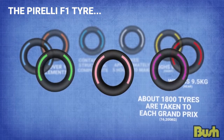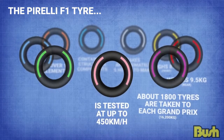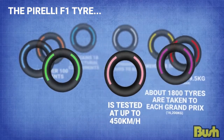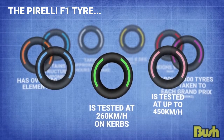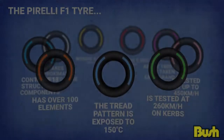In laboratory testing, the scientists and engineers test the tyre at up to 450 kilometers an hour, which is ridiculous. What about testing the tyres on curbs, Matt? Well, I'm glad you asked. 260 kilometers an hour. Imagine hitting a curb at 260 kilometers an hour. That's gonna hurt. What about temperature testing? 150 degrees is what